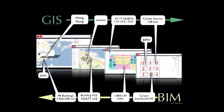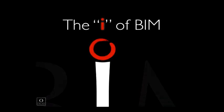So the connection of GIS to BIM, geography, at many different scales, being able to put a latitude and longitude triggers a lot of things, obviously information such as weather, but also sourcing of products in a building. If you want to start looking at LEED and sustainability, you need to be able to track everything as you start making decisions in a project. So the eye of BIM,